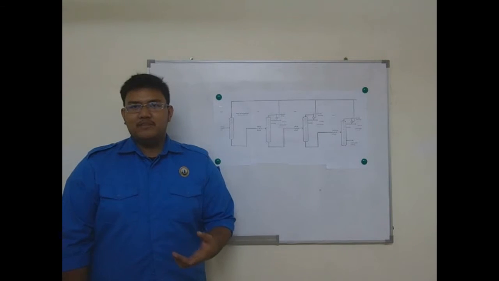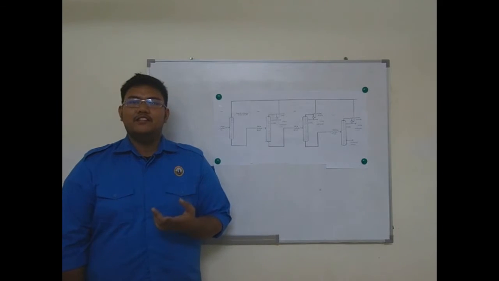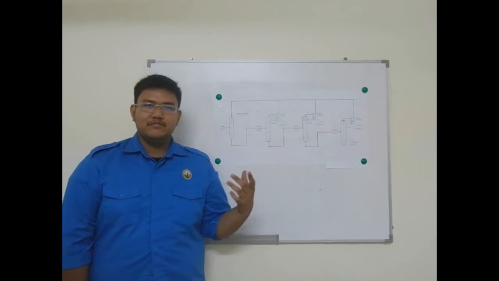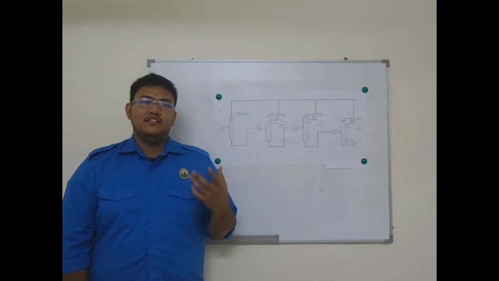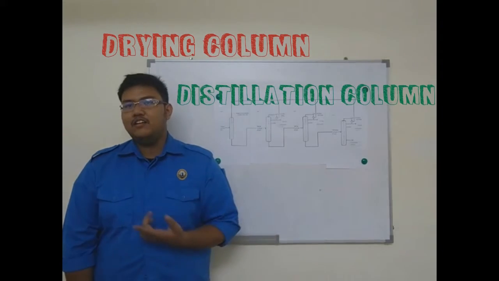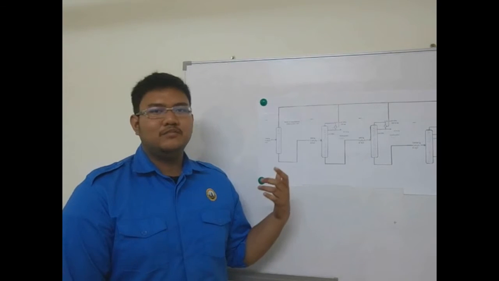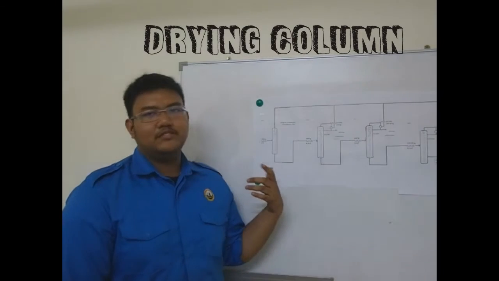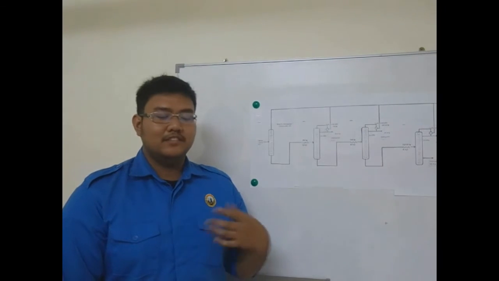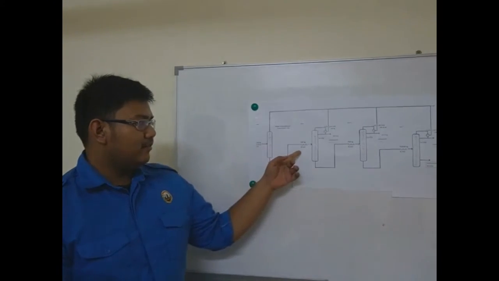Hi, my name is Muhammad Hilmi Hazim. So, I will be explaining about the PFD or process flow diagram. Inside this process, we have three major instruments, which are the drying column, distillation column, and condenser. The function of the first instrument, the drying column, is to separate the excess water from the crude fatty acid, to get the needed product, which is